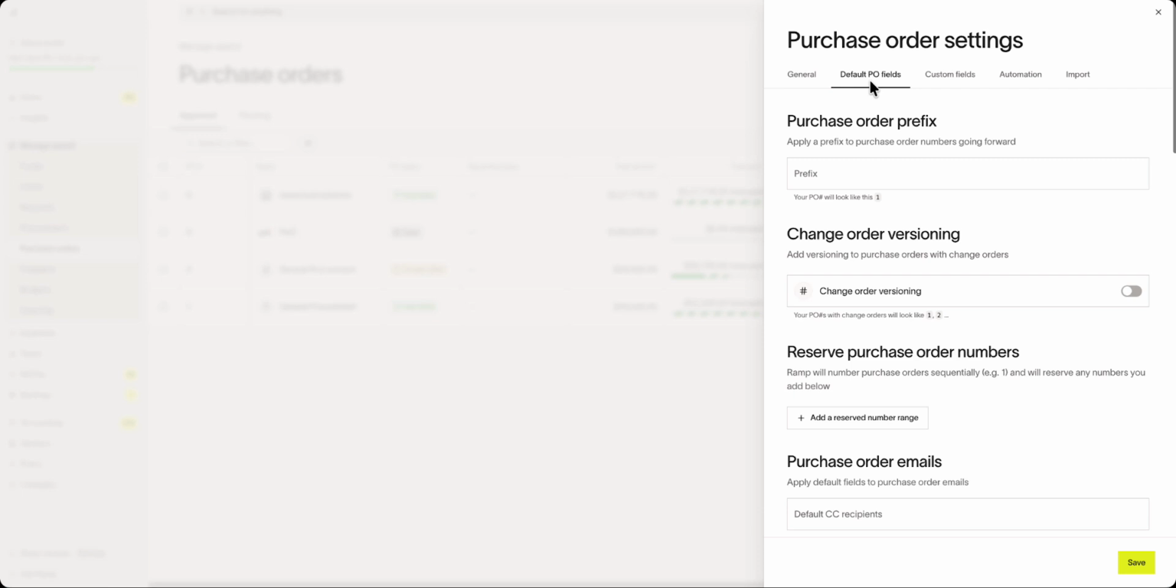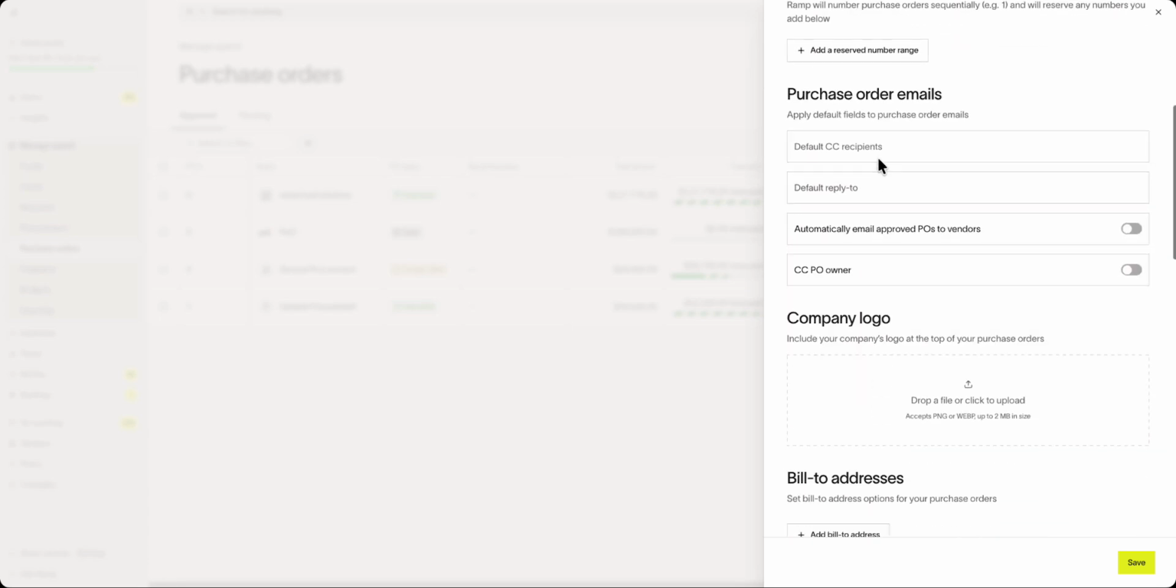The Default PO Fields tab allows you to apply a prefix to purchase order numbers going forward, add versioning to purchase orders with change orders, reserve purchase order numbers and ranges as sample number purchase orders sequentially, apply default fields to purchase orders such as CCing PO owners, uploading your company logo here, which will show at the top of your purchase orders,